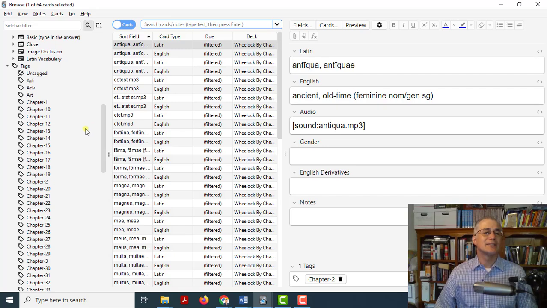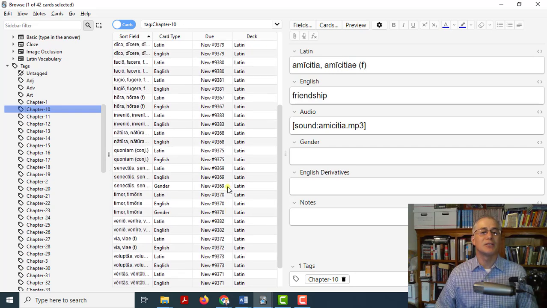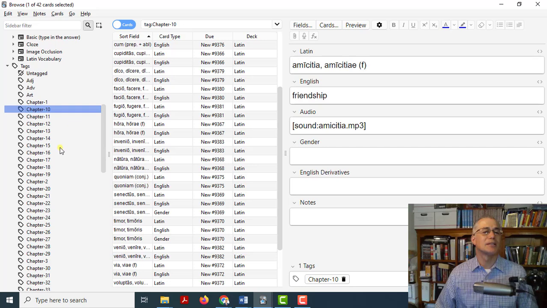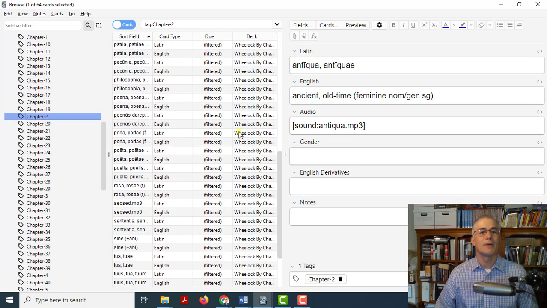books or decks here. You'll notice that if I go to this tag down here, go to chapter 10, this is the Wheelock's Latin chapter 10 tag. So all the flashcards that are tagged for Latin 10 are here, chapter 10. Here's chapter 2. All right, and I can click on any of these and it's going to show me the flashcard